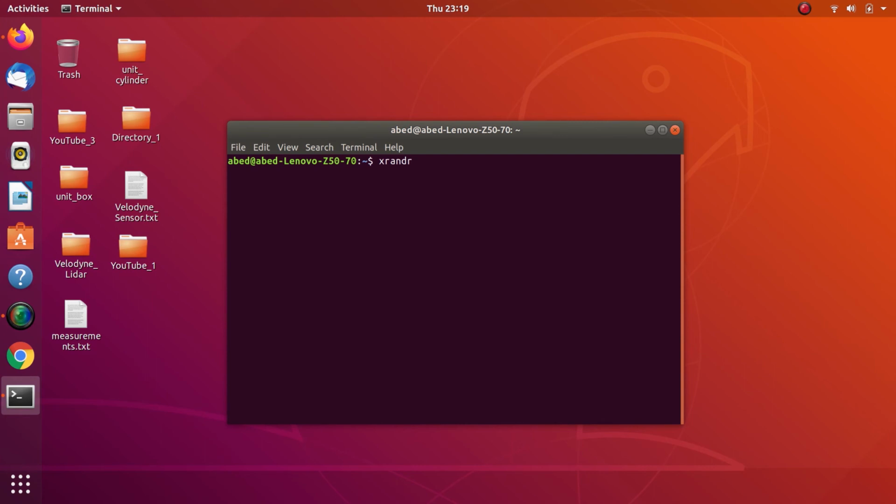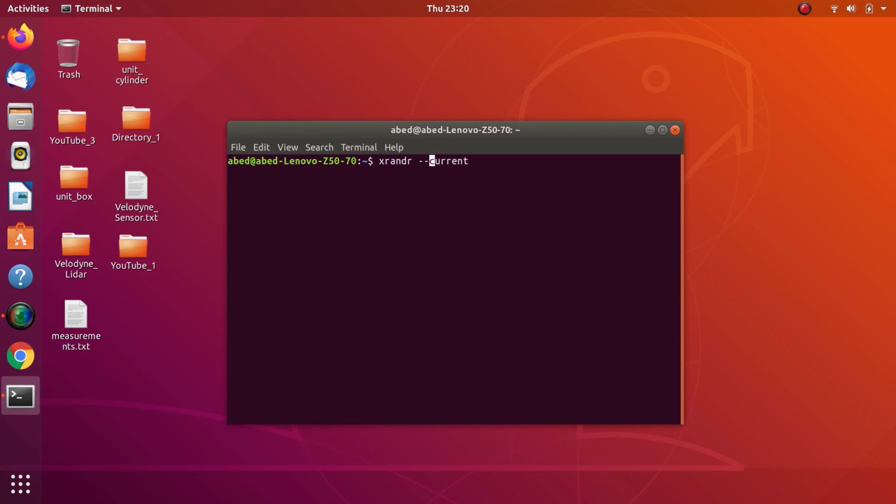The xrandr command will allow you to change the size of the screen to control it. For me, I have found a very good combination between the display settings and the xrandr command to create the perfect size. So let's say xrandr, you enter current. So you first need to know the name of your system, and this is done by